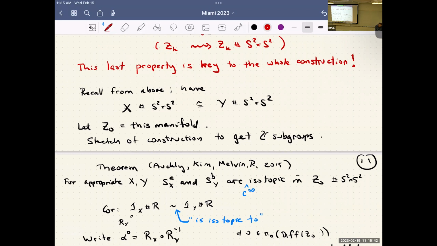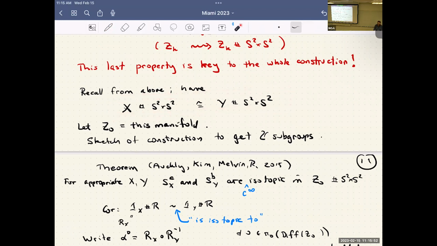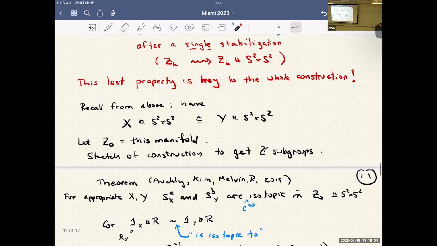I had these two manifolds, X and Y, and by the Mandelbaum and Moishezon result, those have the property that if you add S2 cross S2 to both sides, you get the same thing. So let me call this common manifold